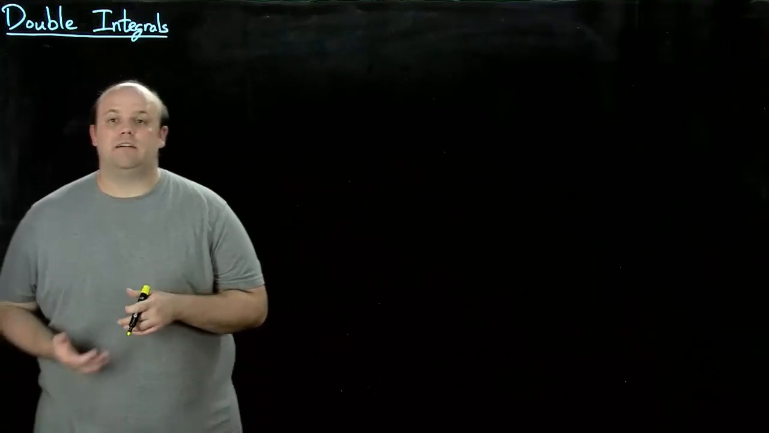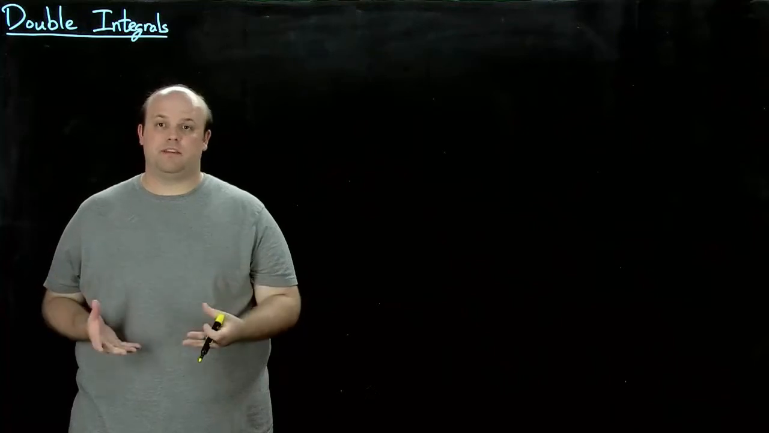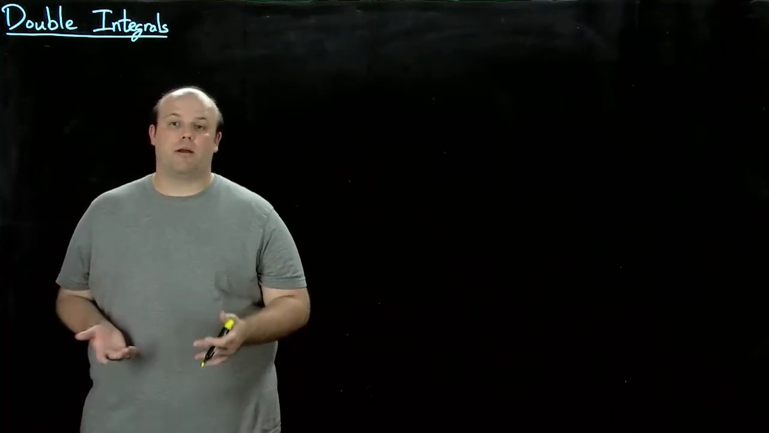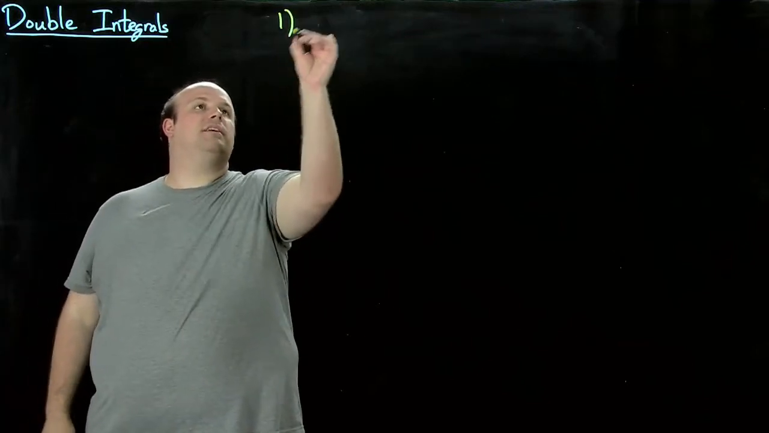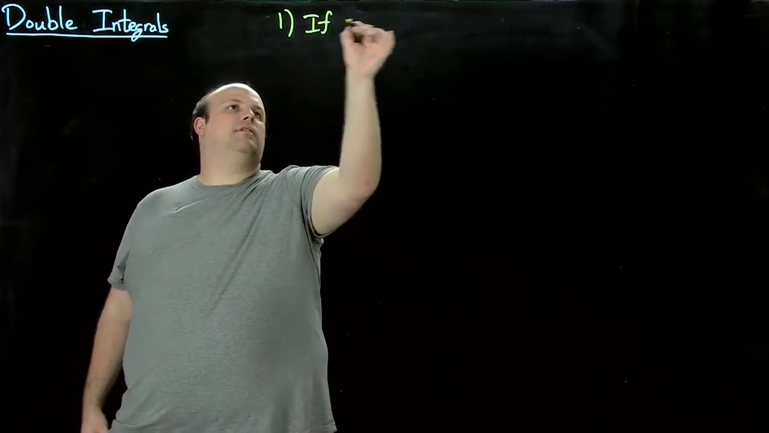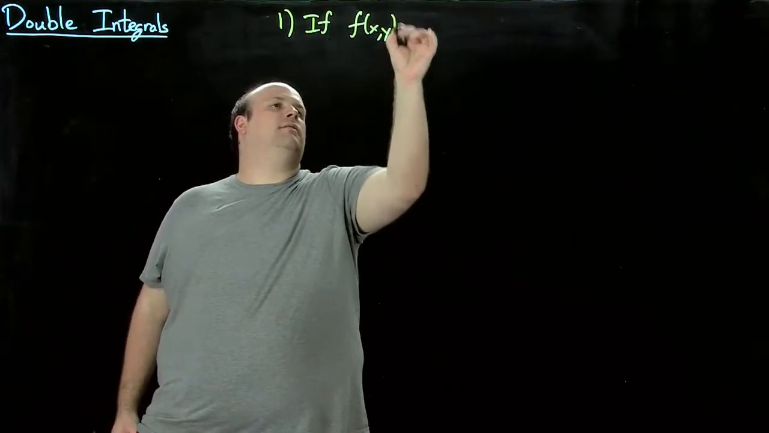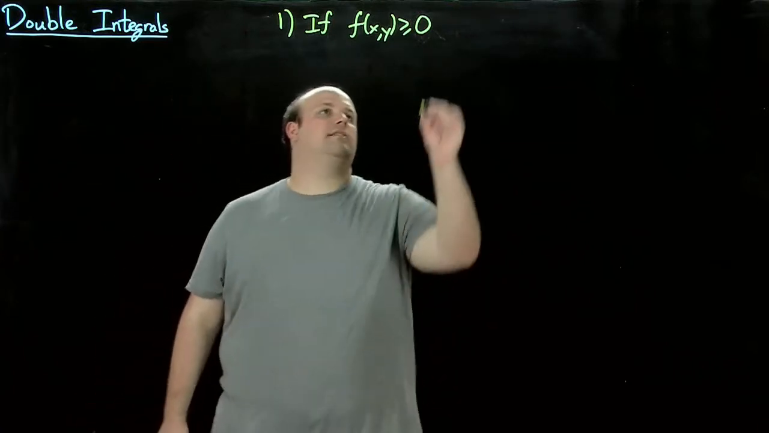All right, so now that we've seen the definition of a double integral and done some things with it, let's look at some properties that a double integral satisfies. The first thing, which is kind of what we use to define it, is if f of x y is always greater than or equal to 0, then